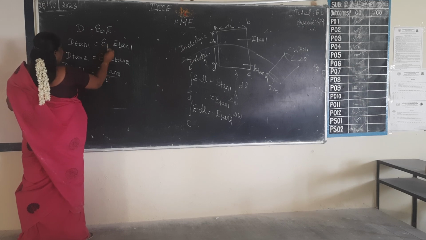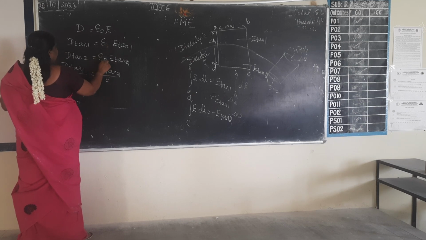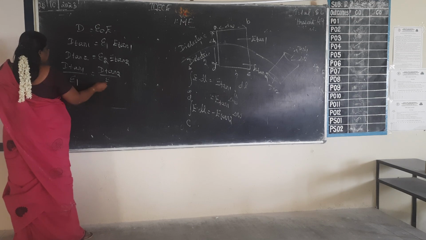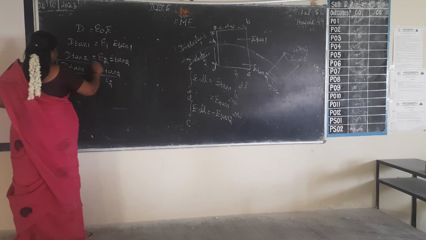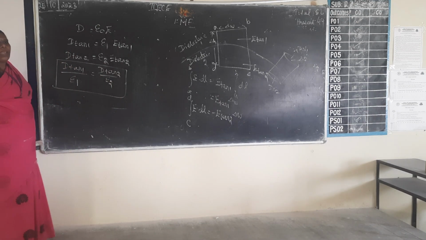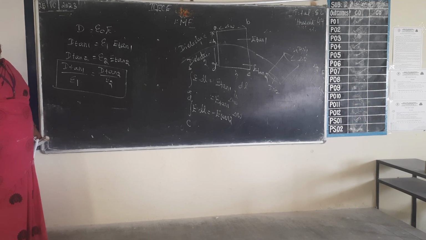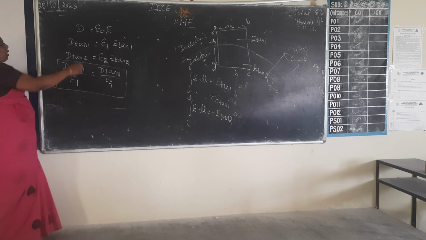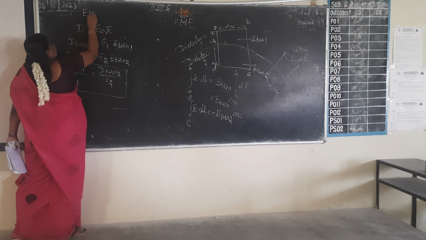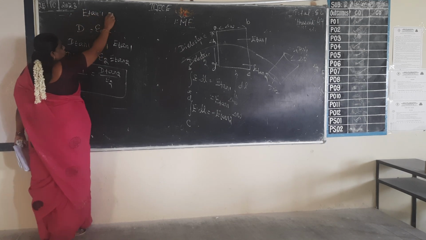Sorry, we have this epsilon 1 and epsilon 2 now to distinguish. How did I arrive at this? Anybody think that? How did I arrive at this? Previous condition, what we have done? E tan 1 is equal to E